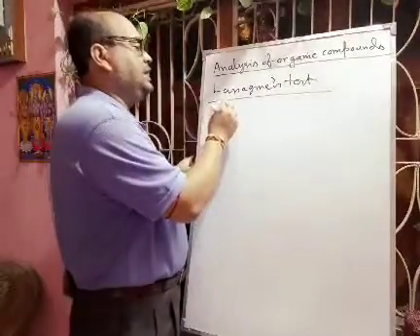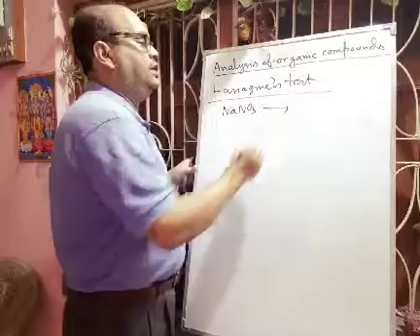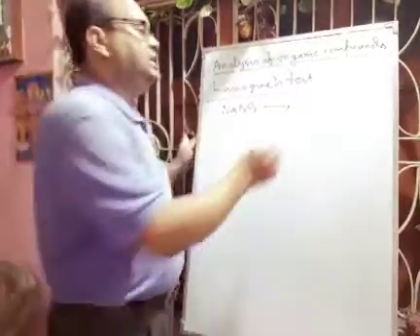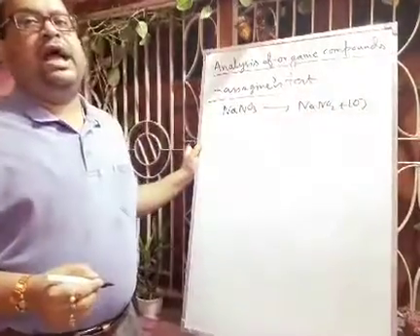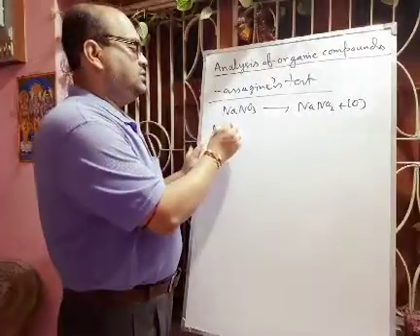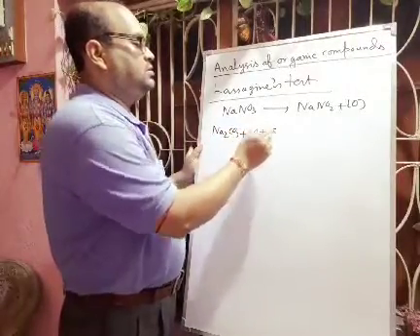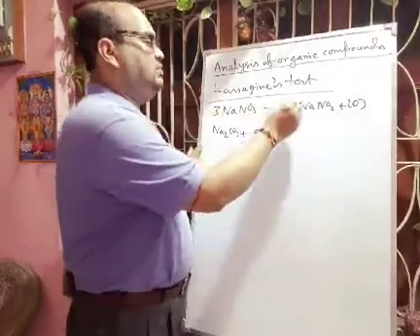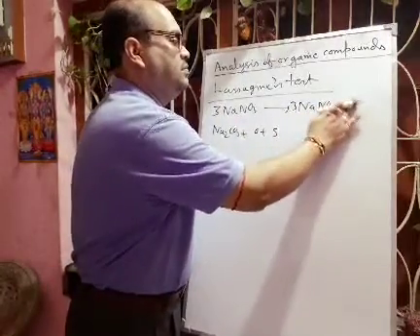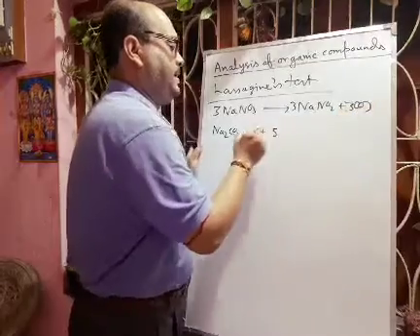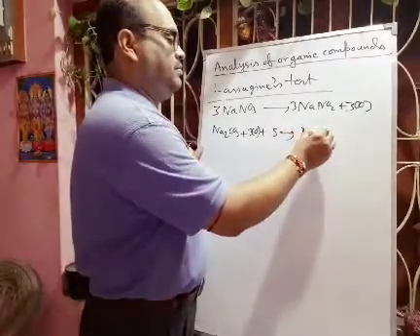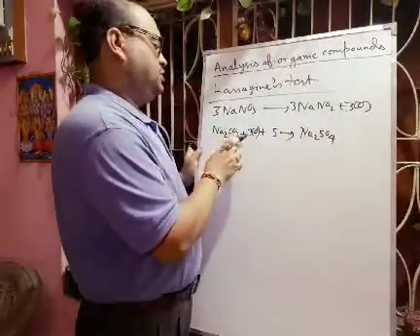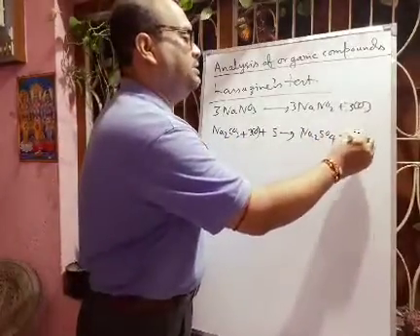So first we are taking NaNO3. NaNO3, when you are applying heat, will produce NaNO2 plus nascent oxygen. Okay, and this oxygen will react with this sulfur in presence of sodium carbonate. So here I think 3 are required, so there will be 3 nascent oxygen, and here you will get Na2SO4 plus carbon dioxide gas.